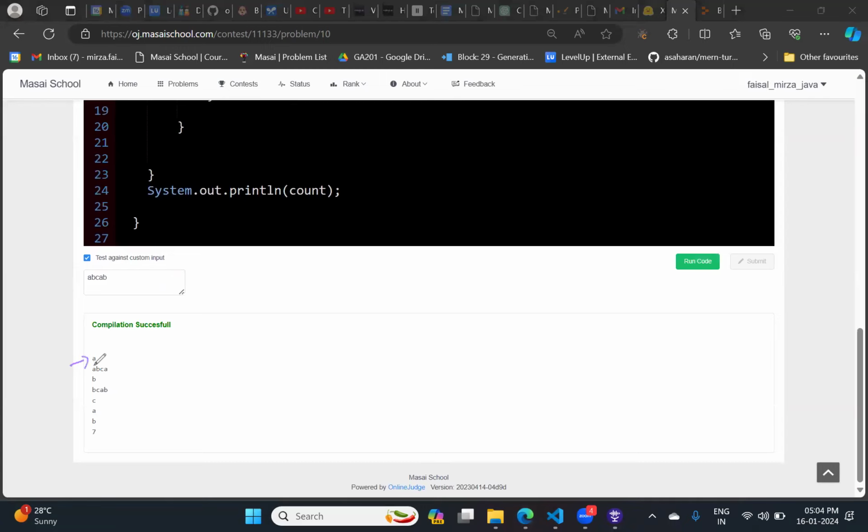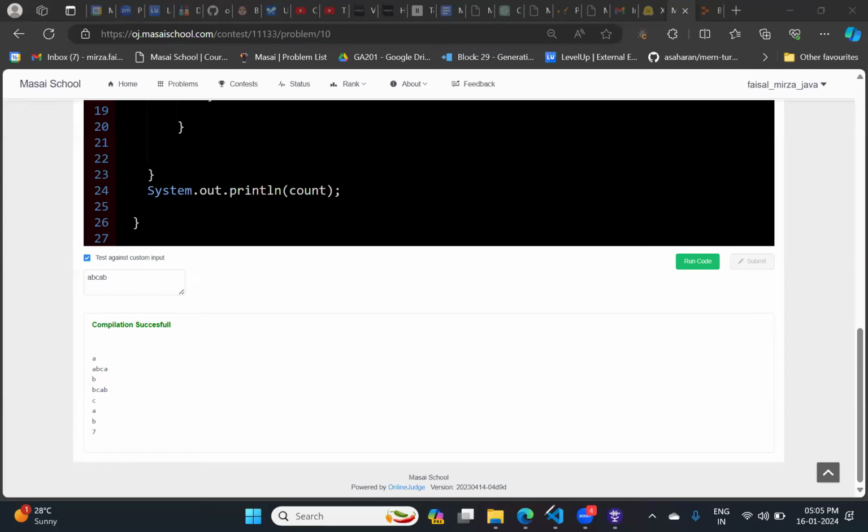Because A is also a substring of length 1. Its start and end character will be the same, so that's why we are also considering it. See this substring: A is at the first and A is also at the last. See this one, B at the first, B at the last. And all the characters whose lengths are equal to 1.